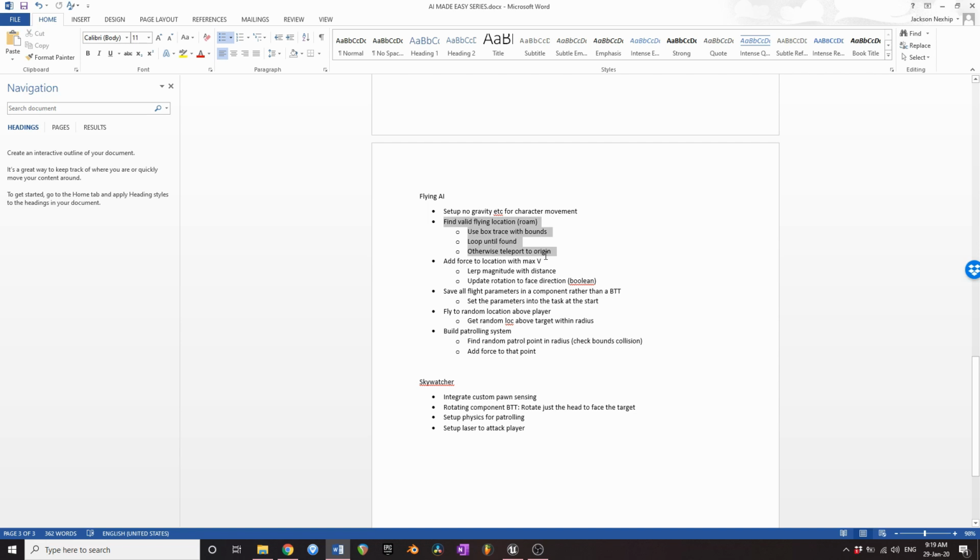So we're going to be building a find a roaming point task. We're going to be building a task for adding velocity or adding a force towards that point. We're going to be setting up all of our parameters inside of a component rather than on the behavior tree. The reason that we do this, which you'll see later, is so that we can reuse all of these tasks across different actors,